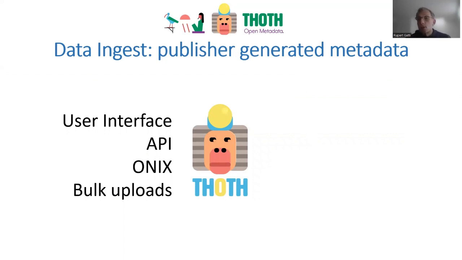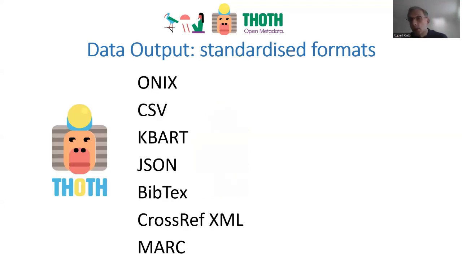So the basic idea is that one has a central database, and the first thing, of course, is for publishers to input data into that database, and that can be done through a user interface, which allows publishers to manage the creation of the metadata during the course of the book processing. Or it can be done through an API to an existing metadata management system that's there, or we can ingest bulk uploaded data in various formats, including ONIX. Once the data is in there, then the issue is, what do you do with it?